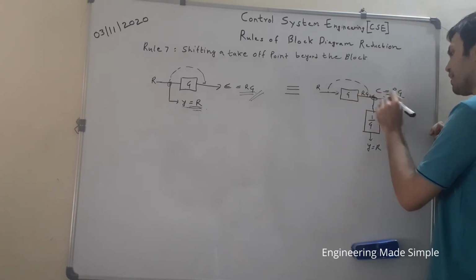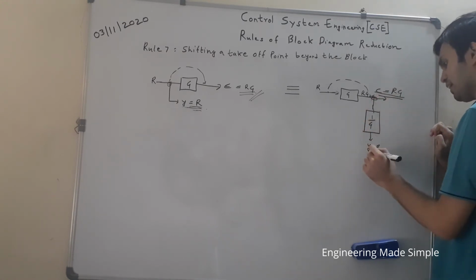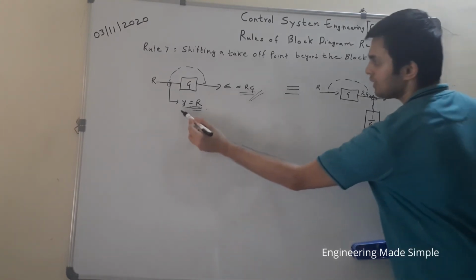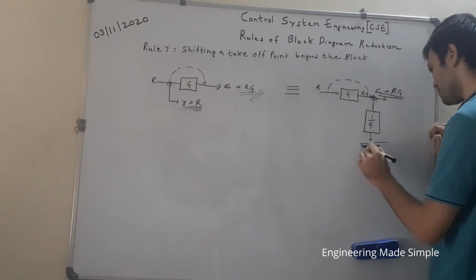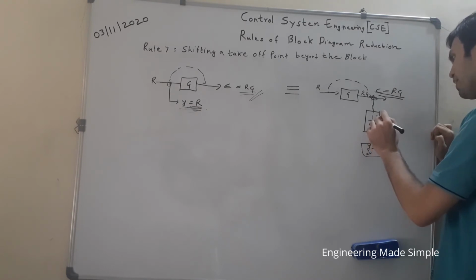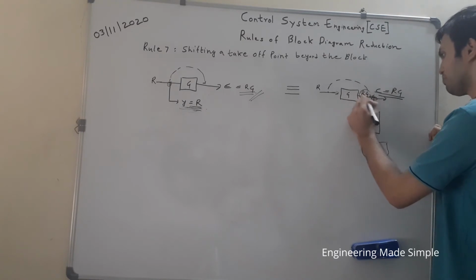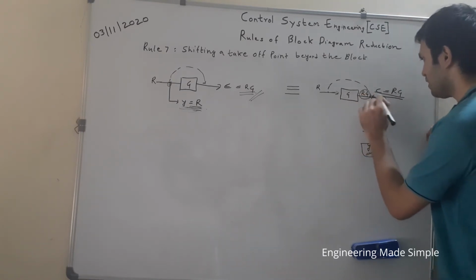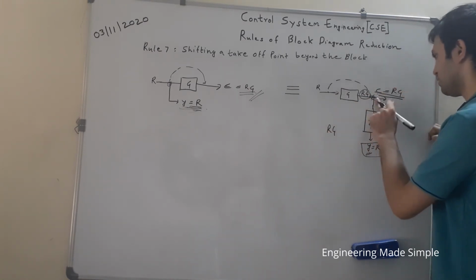So output is as it is, it will remain the same, and at the takeoff junction you will see signal y was applied. That y also needs to be the same as the input, that is y is equal to r. So for making this y equal to r, we will multiply 1 by g. When we multiply 1 by g over here, this signal is present over here, and then this signal, so what will be this? At this takeoff junction it would be rg at this particular point.